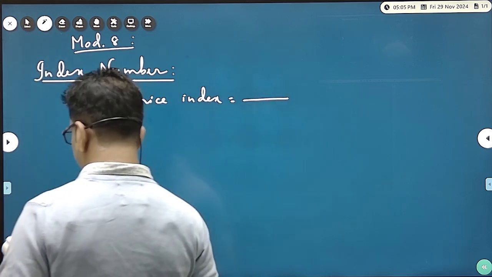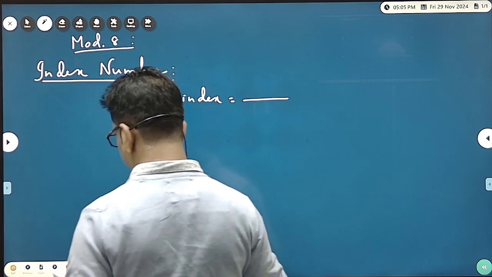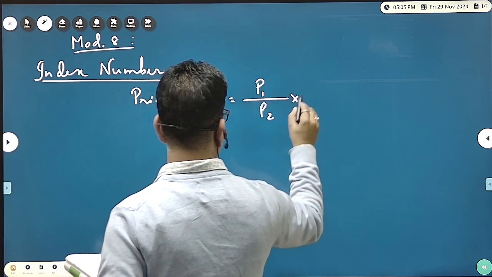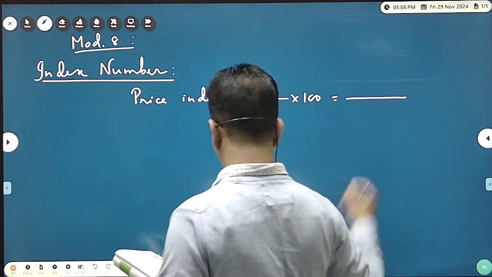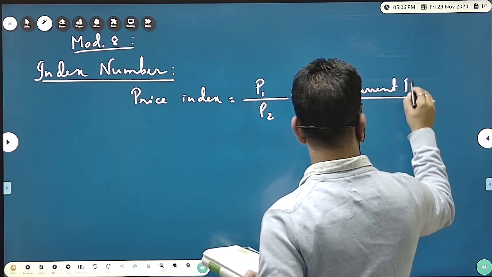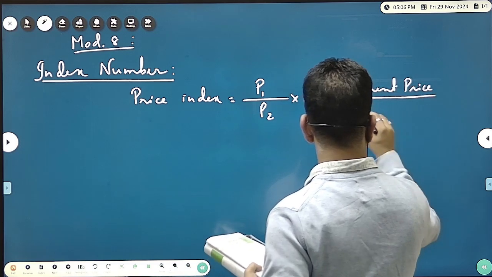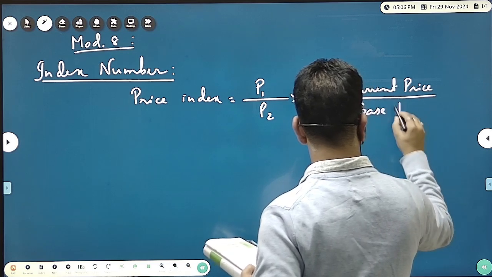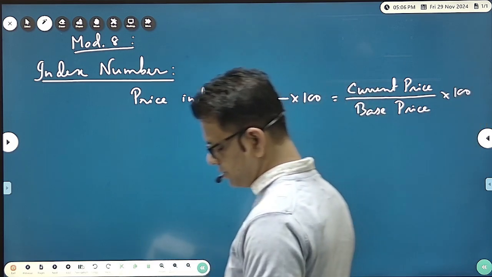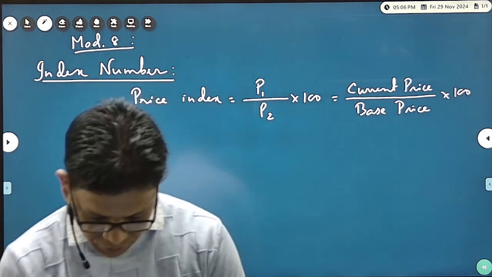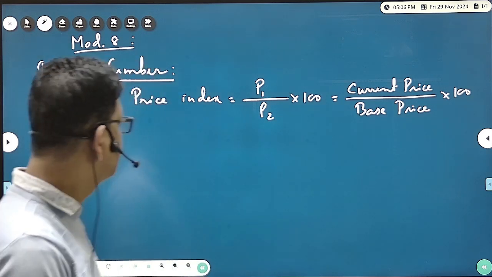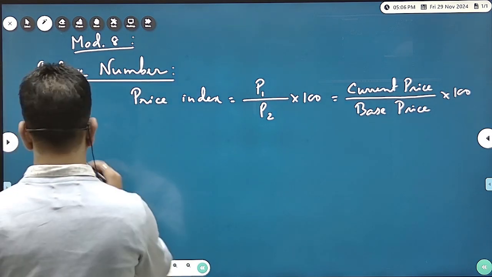it is obtained by using the formula P1 by P2 multiplied by 100, which means P1 is the current price, P2 is the base price, to be multiplied by 100, and it comes in percentage. Okay. Now to understand what is an index number,